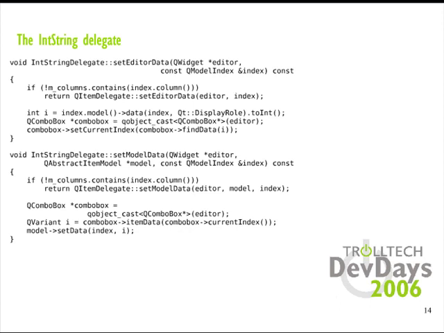It's pretty straightforward. We get the editor, and the only thing that's unusual about this is I'm passing in the Q variant. I'm not converting to an integer. And there's no point because item data returns a Q variant. Model set data takes a Q variant. There's no point in converting to an integer and then back to a variant. I might as well just pass the variant all the way through. Okay, so